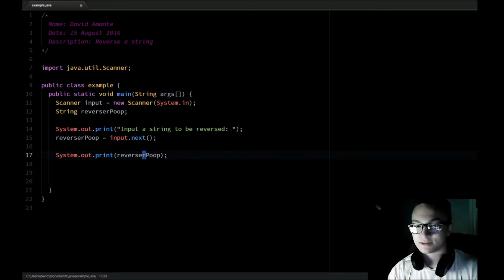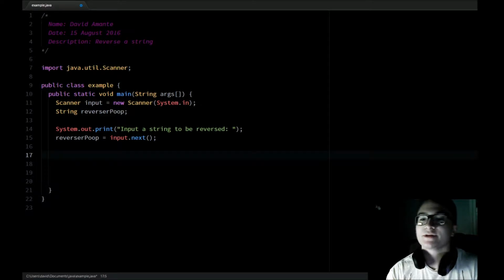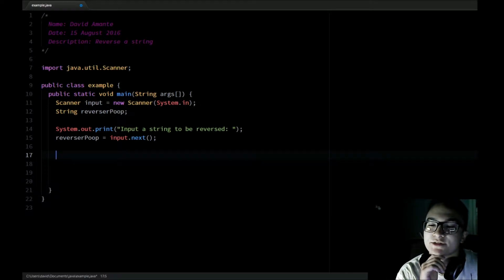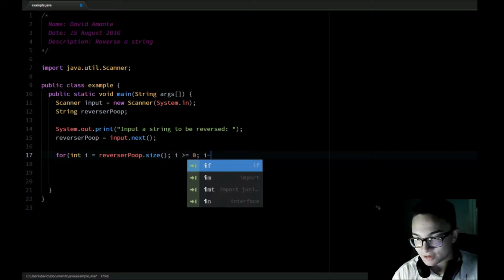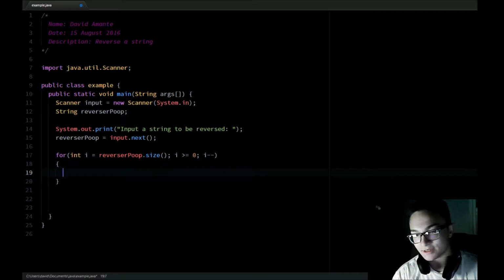So what I think is going to happen is, I have a string, and we need to find what's at the end of the string. So we're going to do for int i equal to reverserPoop.size, i--, i greater than or equal to 0, i--,